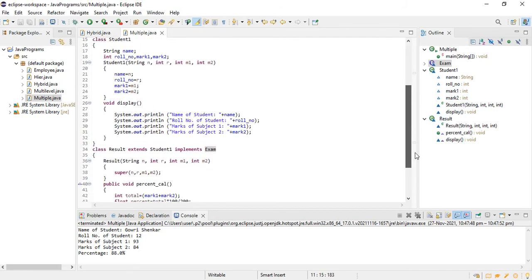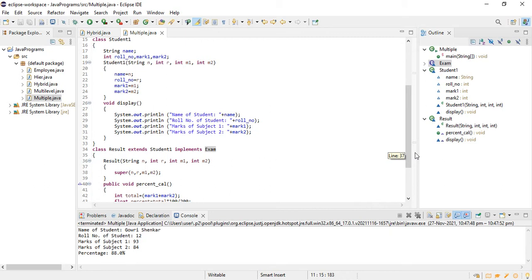I'll start here. This is my class Student1. In my Student1 class, this is one parent class, because I already said that among the two parents, one I will take as a class and another I'll treat as an interface. An interface is similar to a class but consists of abstract methods. An abstract method is a method without any implementation. We have to implement that method in a child class. Don't forget that.